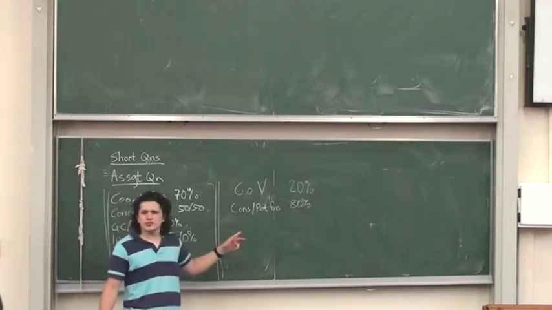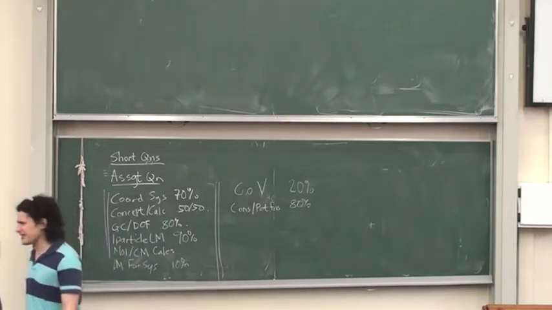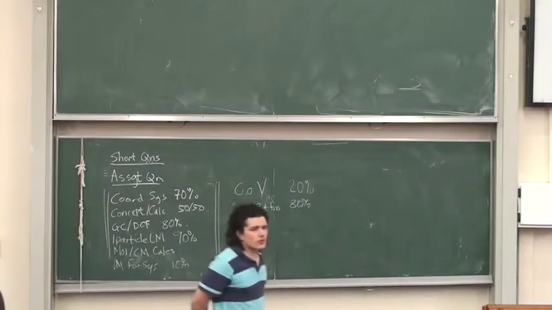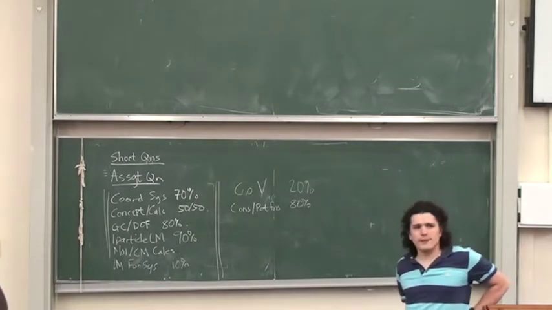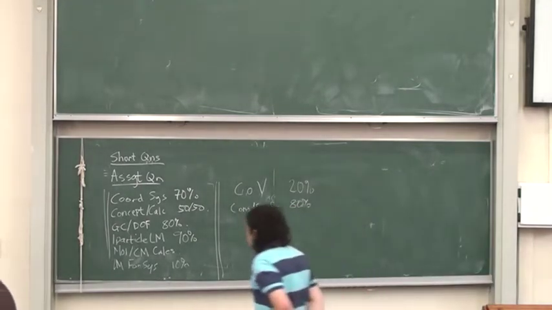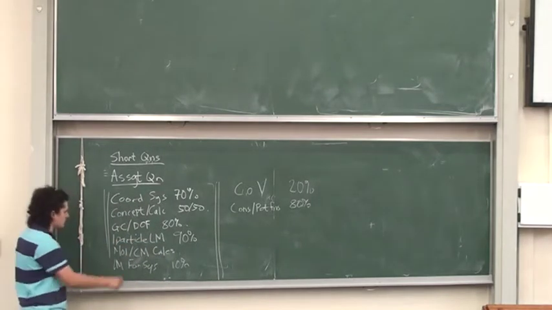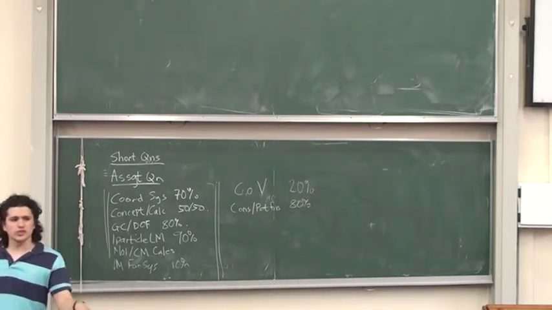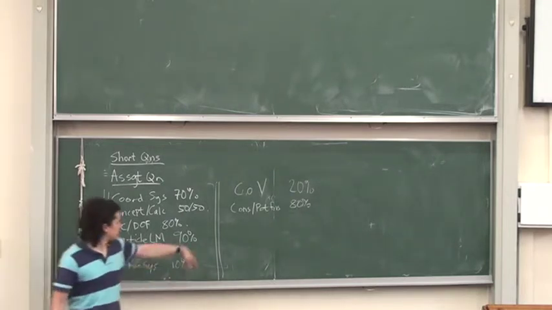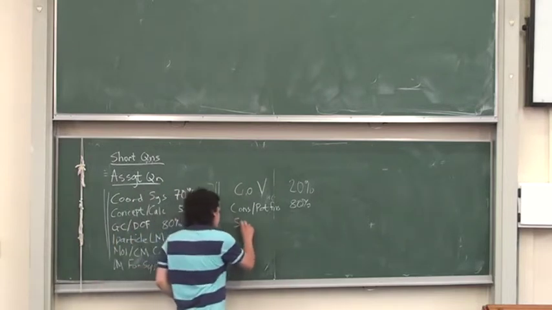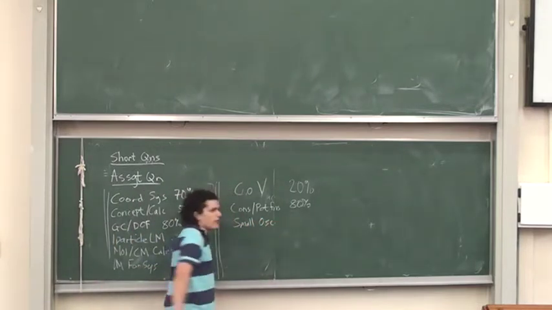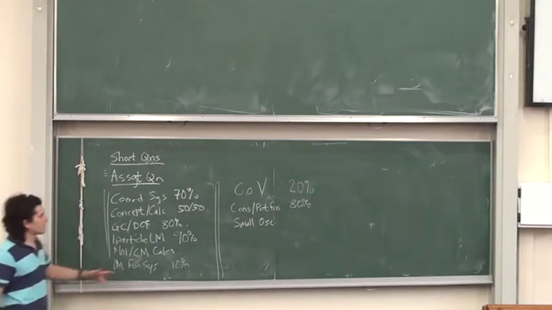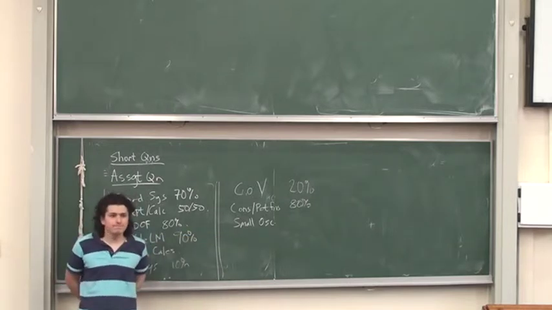And then I finally want to know the stuff that we're doing now, small oscillations, that has to come in. Again, it's the manner of how it comes in. So I could ask you one problem, and that one problem could involve solving Lagrangian mechanics in some way, one of these two. And then I could ask you to take your solution and apply the small oscillations to it. Or I could give you a solved problem and tell you to apply small oscillations to that solved problem. Which one would you like?